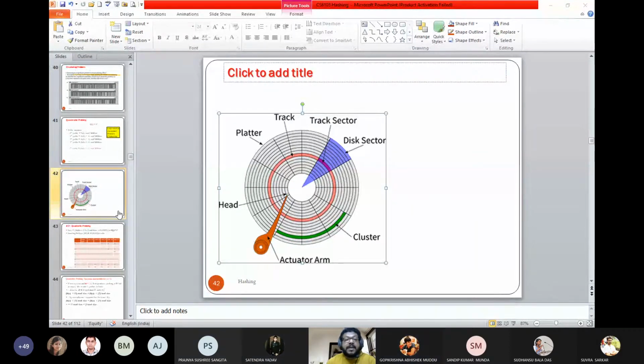So what is the difference between B and B plus? Sir, in B plus tree we have all the information in the leaf nodes, whereas in the B tree we have information at each node, or each level. At each level we have the information only about the particular range actually.